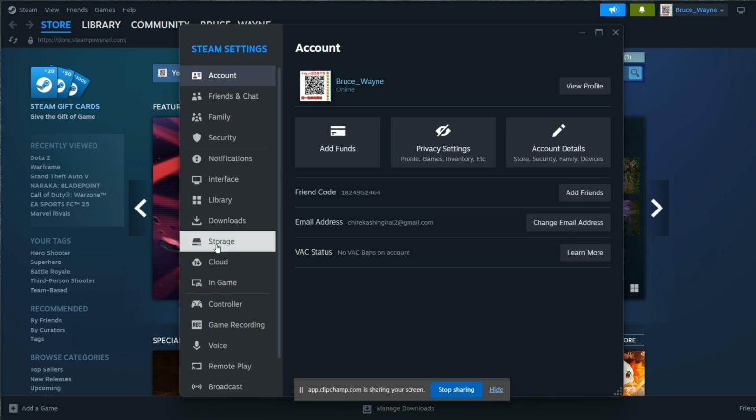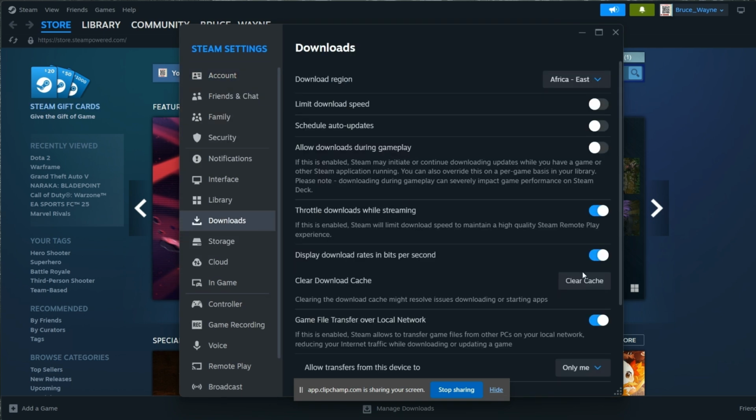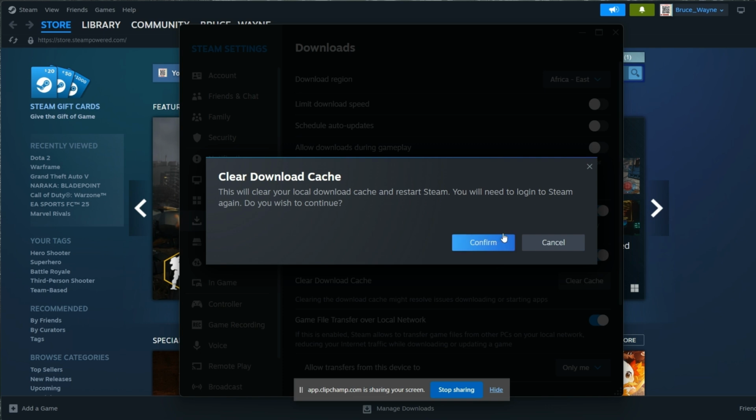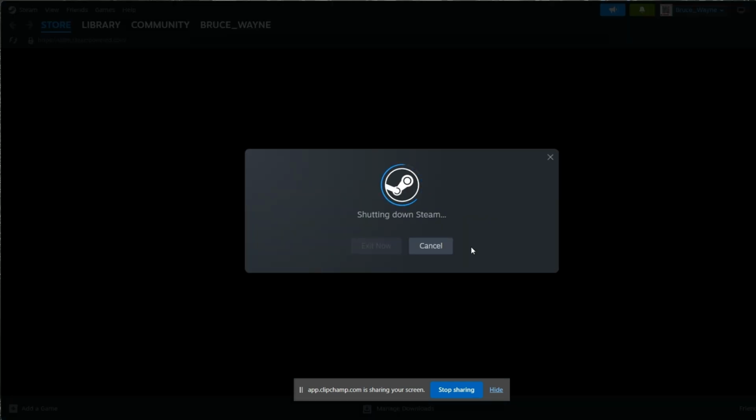settings, and then you go to downloads, and then you go to clear cache. Scroll down to clear cache. So clear cache. But if you do this, you have to be careful, because if you do have something that is downloading, it will cancel that. So it means that you need to restart other downloads. So you clear your cache,